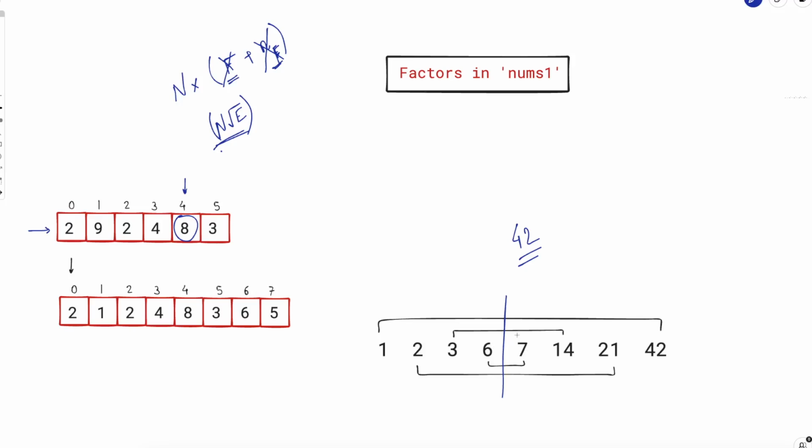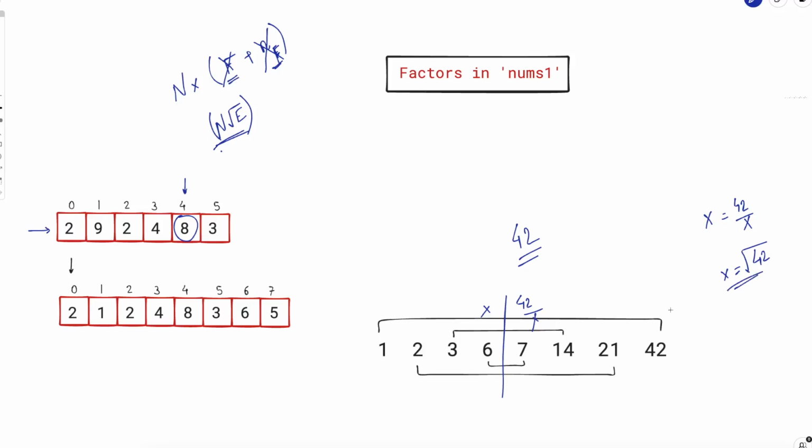So if we have x here, we have 42 by x here, right? So what can happen at max? A time will come when x and 42 by x will collide, right? So in that case, x will be equal to 42 by x. In other words, x would be equal to root of 42,